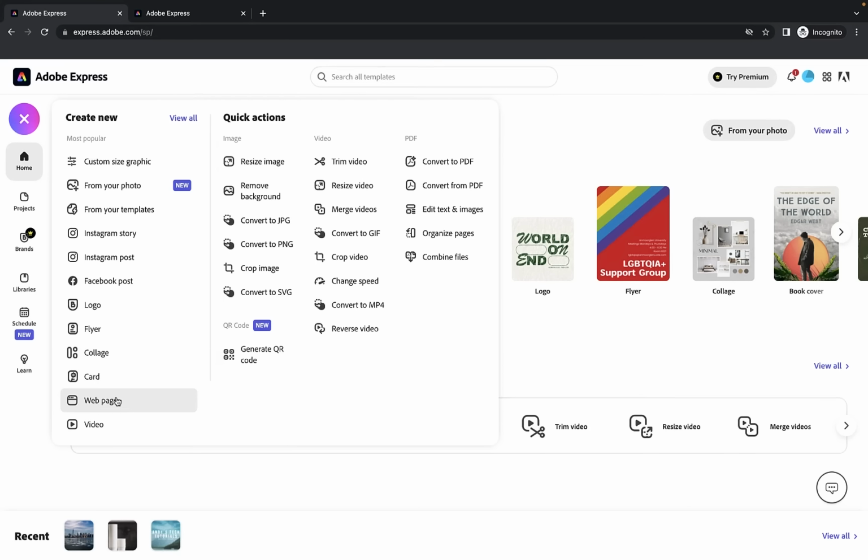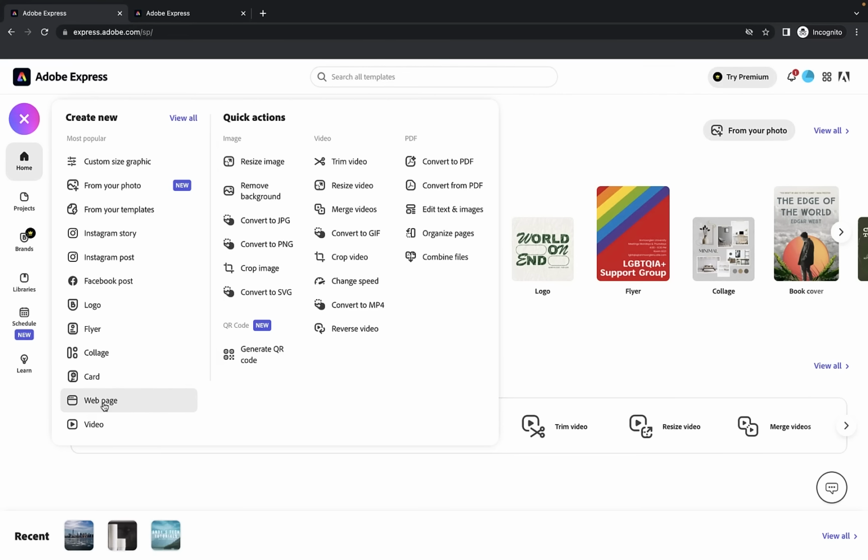Now sometimes, depending on the type of account you have, you might see some templates in here for the web page, but they're not really worth using, and that's because what we do in Adobe Express's web page tool is we build all of the content and then we apply a theme to that in the end. So if you're using any of the templates, it doesn't really matter from the beginning, because if you don't have any content, you can't see how the template looks. So I would always recommend building the content and then applying a theme, which is what I'll do in this